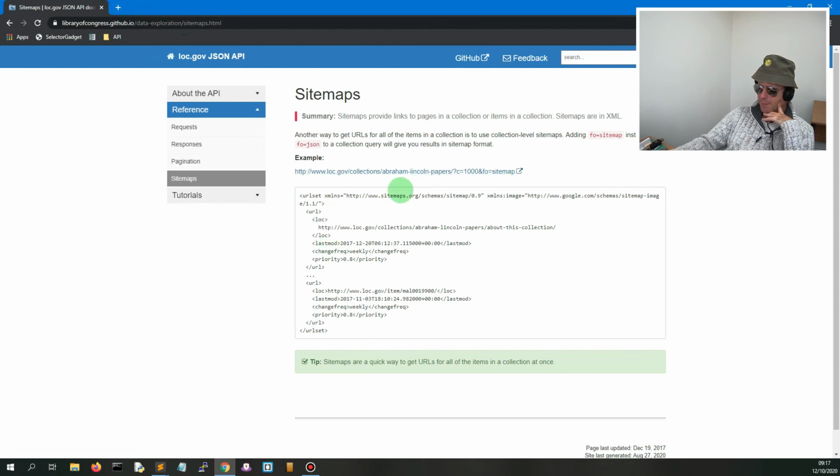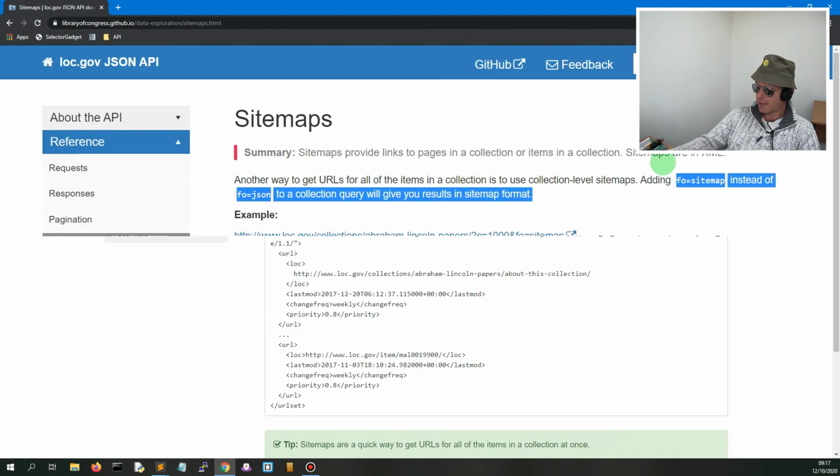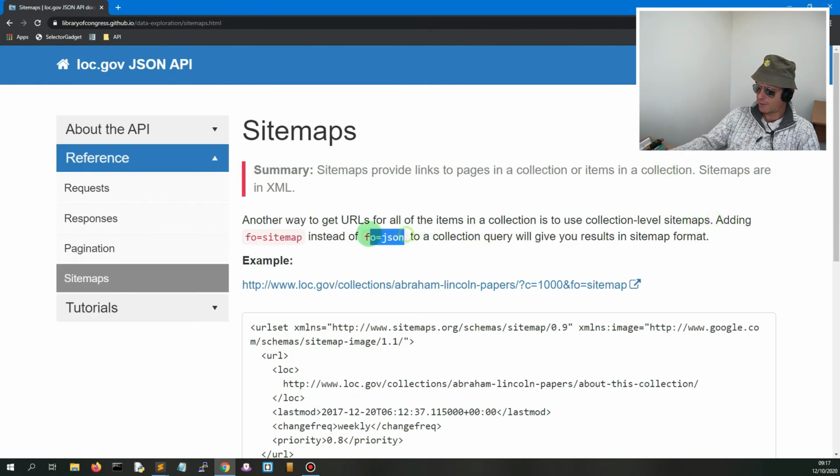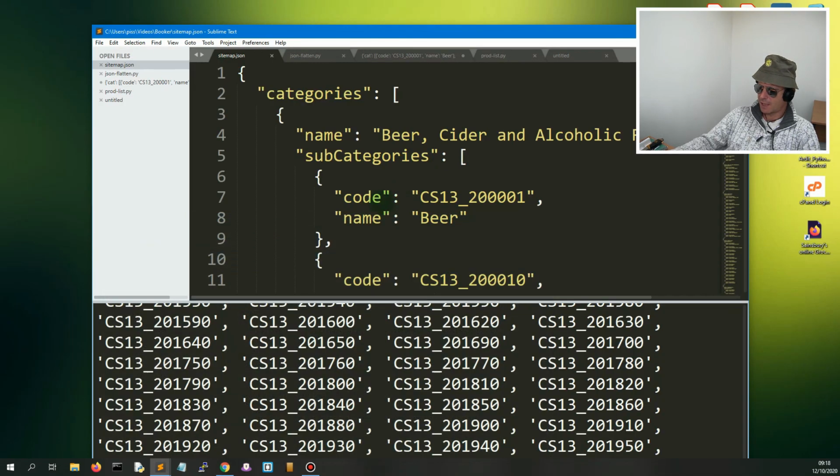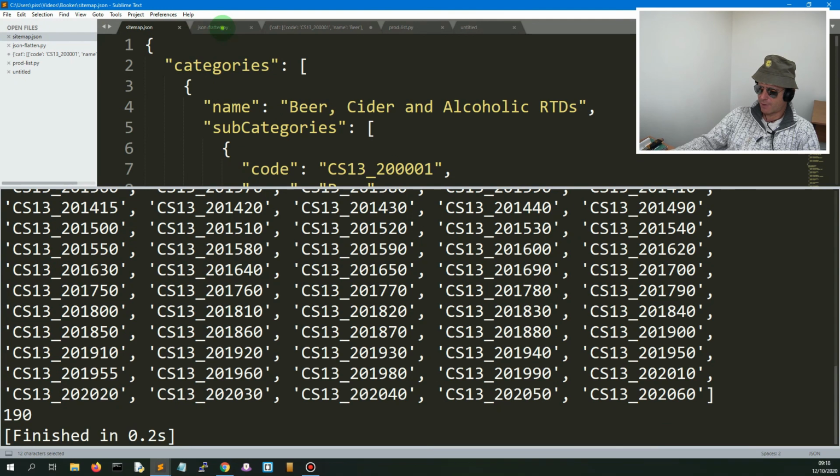And if it provides a sitemap, as we can see, it provides it either as JSON or XML. So either choose JSON or convert from XML to JSON. Once you've got a JSON, you can load it into a dictionary in Python,